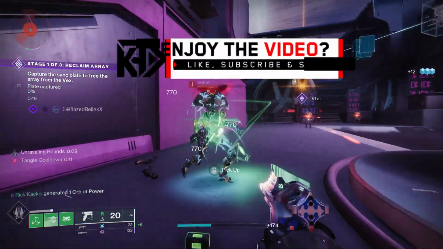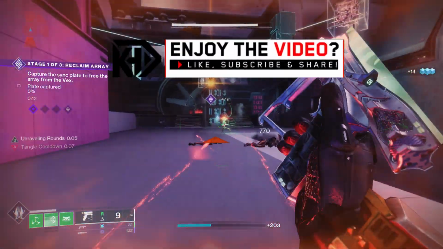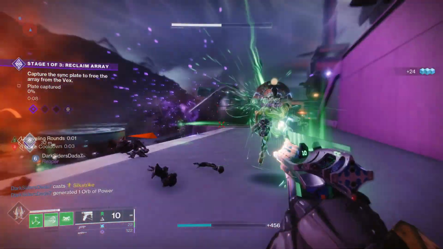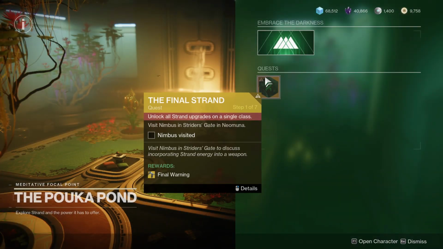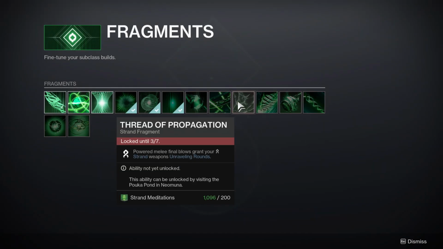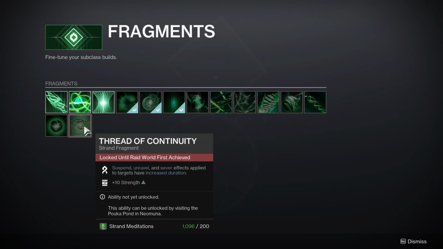Now, you weren't supposed to be able to get this thing for a whole other week, and that's because the exotic quest was time-gated behind unlocking every single grenade and fragment and so on for a particular Strand subclass, and most of the fragments wouldn't unlock until the next weekly reset, and some wouldn't unlock until the raid is